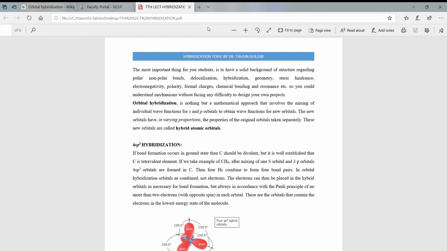Benzene has 3 double bonds, it means 6 pi electrons. These 6 pi electrons are making a sandwich above and below the plane of the benzene ring. So it is highly stable, and this is the reason that it is displaying low energy. If we calculate the energy of benzene, the theoretical or calculated energy is higher than what benzene is actually showing. So due to this decrease in energy, benzene is the most stable compound, and due to this reason it